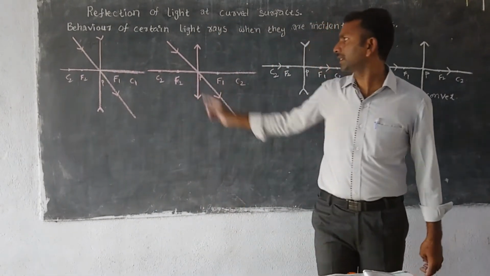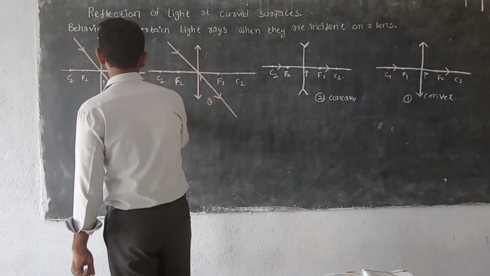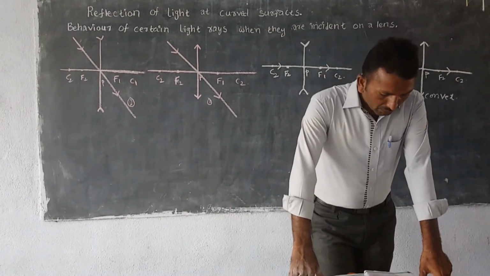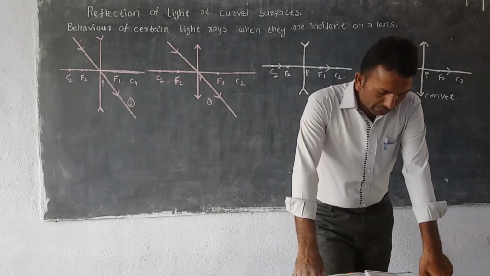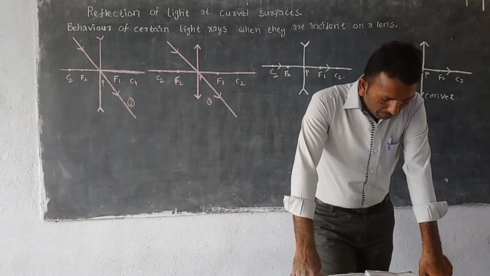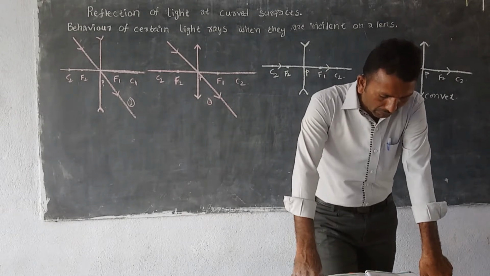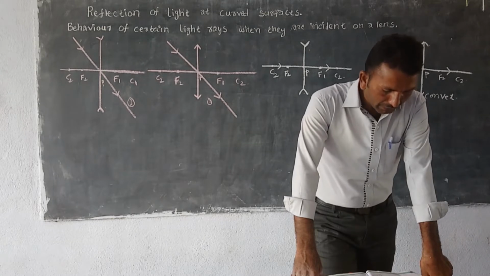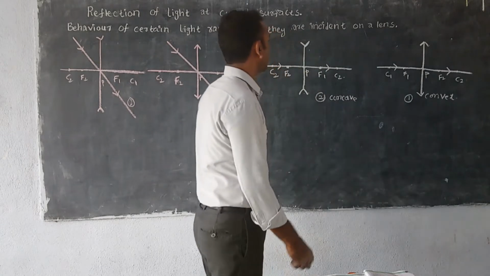In both cases, the light ray is undeviated, and this is for the first case, and this one is for the second case. And next one, situation 3, ray traveling parallel to the principal axis. We know that the rays passing parallel to the principal axis converge at the focus or appear to diverge from the focus. If we allow the light ray to pass to the focus, which path does it take?